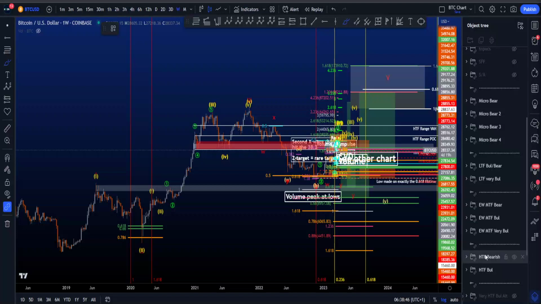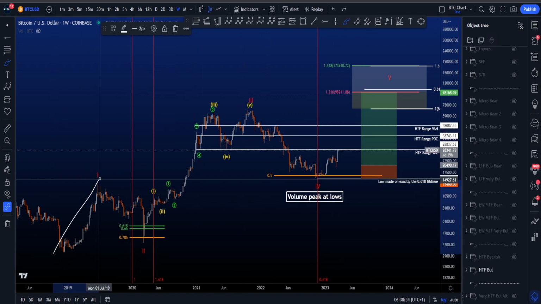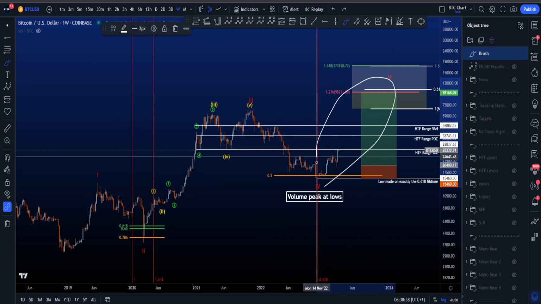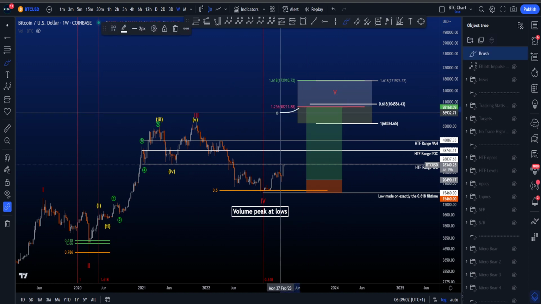Hi everyone, let's go through the high time frame, medium time frame, low time frame, and some new micro scenarios, including potential trading setups, starting with the bullish count on the high time frame, where this is a 1, 2, 3, 4, 5. Currently working on wave 5, where for me the most common target is this white box between